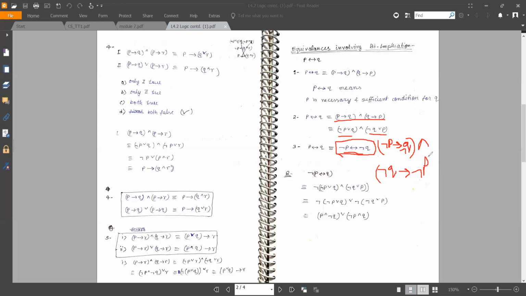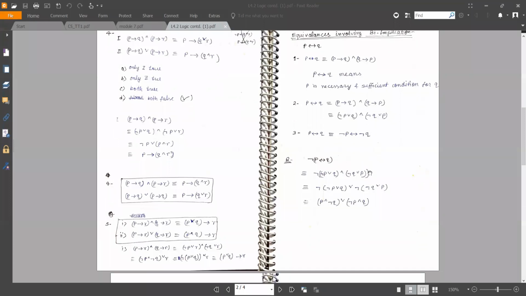Okay, since we already know that an implication is equivalent to its contrapositive, that is exactly what I have written here. In this way we can easily verify the implications and their various forms. Here we can see how, let us try to find out the negation of P implies Q. It means we put a negation outside of the implication and try to see what we get inside.